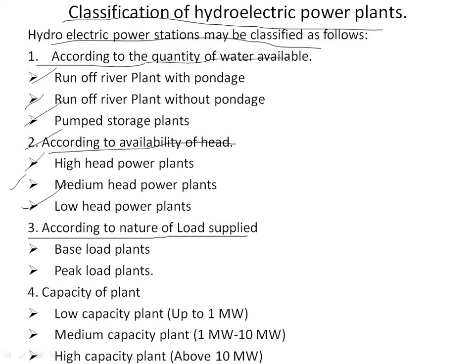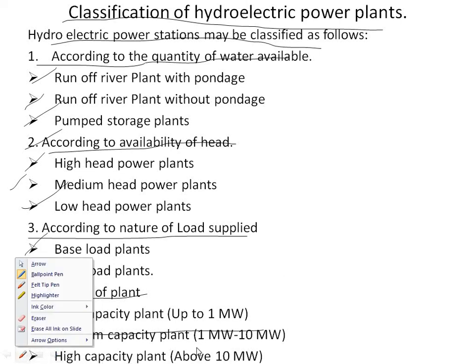Third, according to the nature of load supplied: base load plants and peak load plants. And according to capacity of the plant: low capacity plant up to 1 megawatt, medium capacity plant 1 megawatt to 10 megawatt, and high capacity